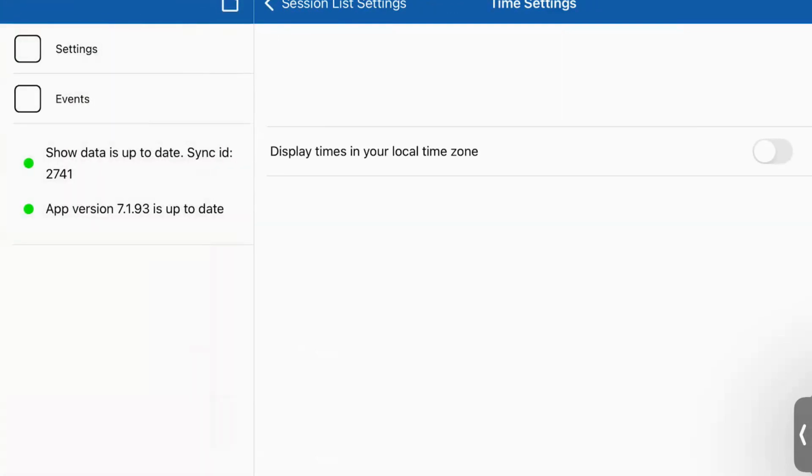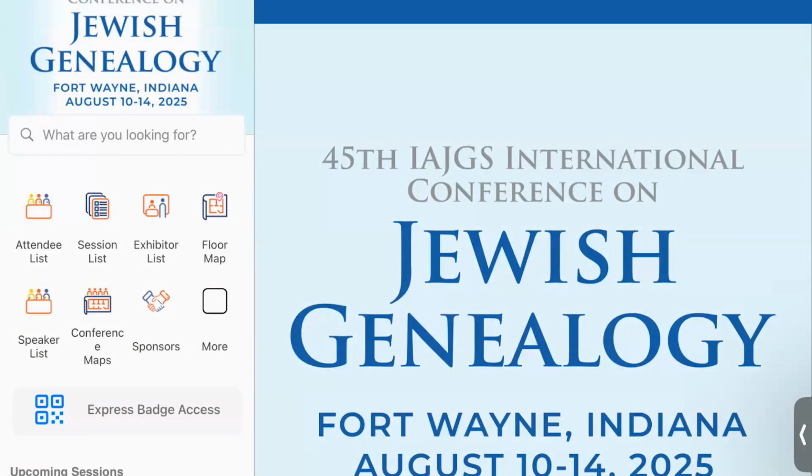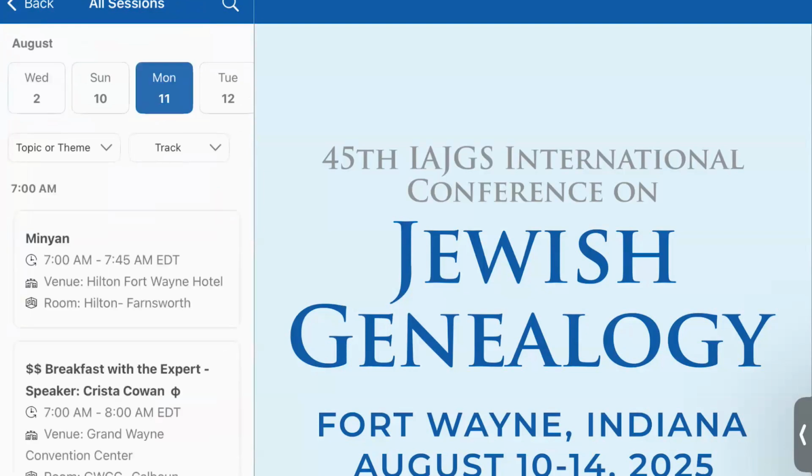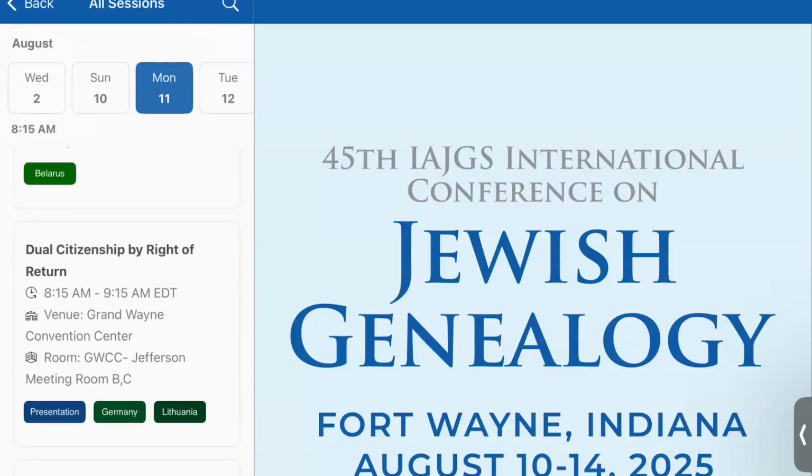So there's that. Then I want to go back to the top where the hamburger is. There's a profile and there's a word home. There's like an image of a home. If you go to the image of the home, it's back to the main menu. So I only showed you the attendee list. You can also do the session list. And if you select a session, the session's on the side. If you select a session, the same way,